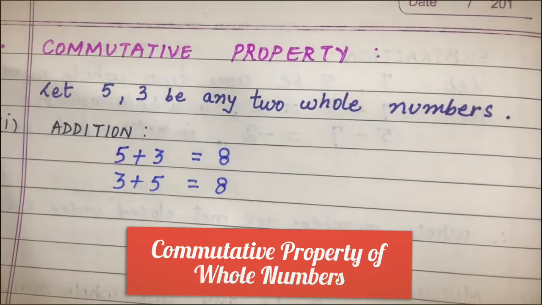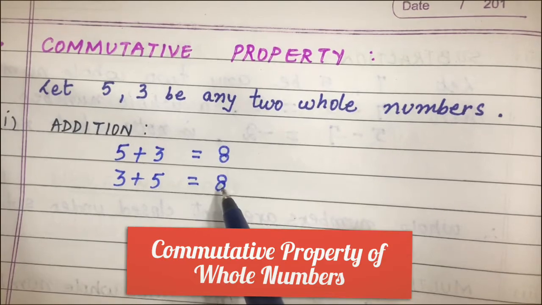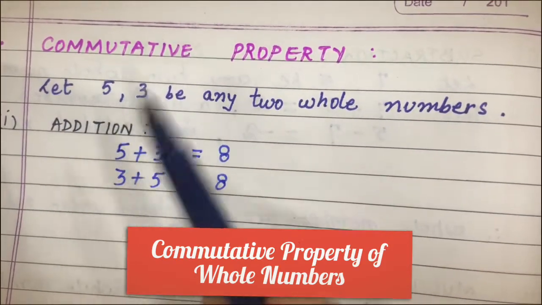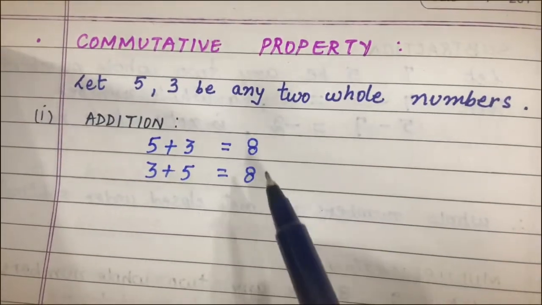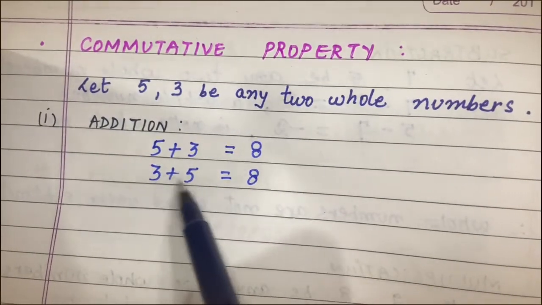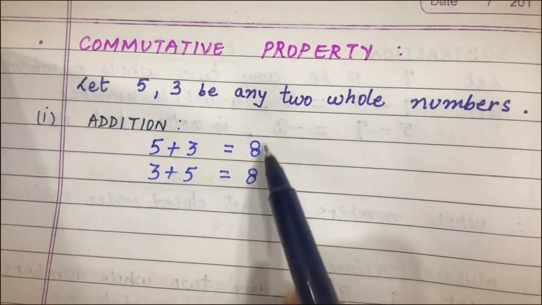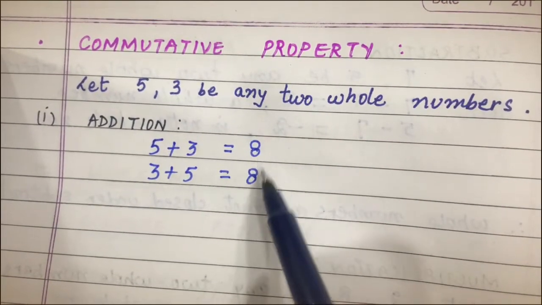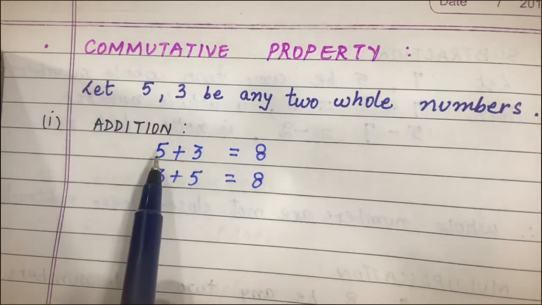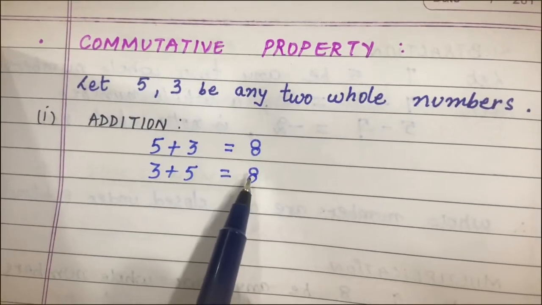Earlier, in closure property, we discussed that if we are getting a whole number, we can say the property is closed under addition. But now, since we are on commutative property, and the word commutative means to commute, to change the position, right? So here, if we are changing the position, what we need to verify is that the answer should be the same. We need not check whether they are whole numbers or not, because we have already checked that in closure property. Here we need to see if we change the position of the whole numbers, are we getting the same answer or not?